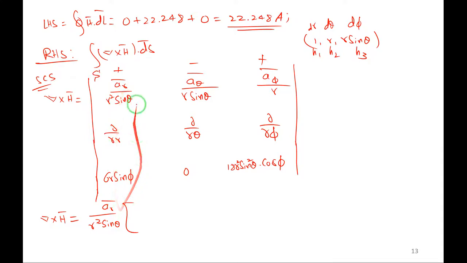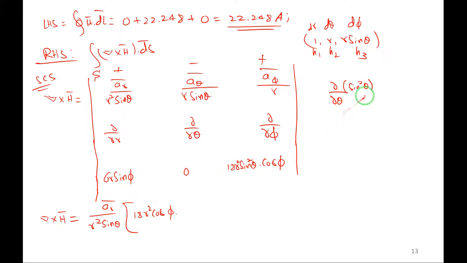ar by r square sin theta, yes. Next, leave this column, leave this row. Dou by dou theta, with respect to theta means 18r square cos phi is constant. 18r square cos phi. Next, dou by dou theta of sin square theta, how to do? Can anyone help me out here?